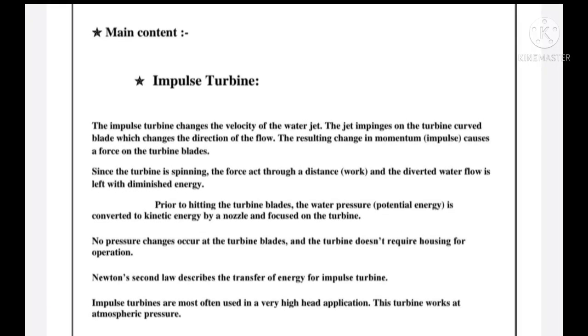Main content: impulse turbine. The impulse turbine changes the velocity of the water jet. The jet impinges on the turbine curved blade, which changes the direction of the flow. The resulting change in momentum impulse causes a force on the turbine blades. Since the turbine is spinning, the force acts through a distance, work, and the diverted water flow is left with